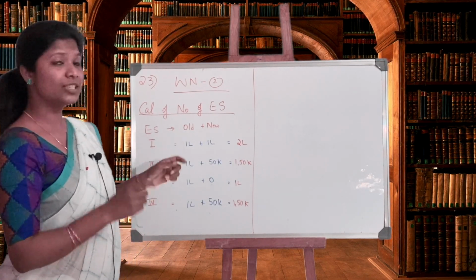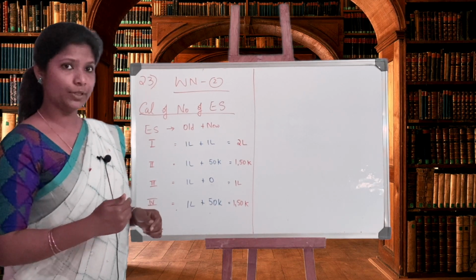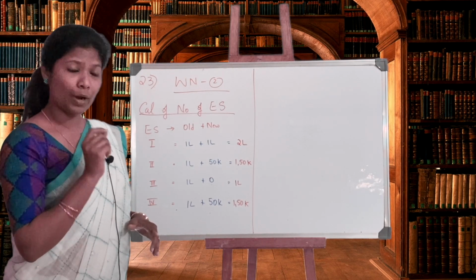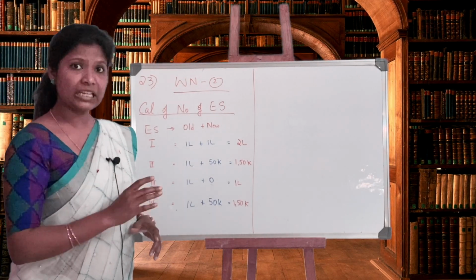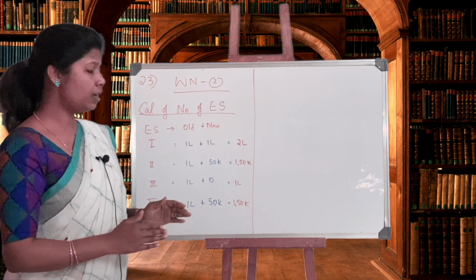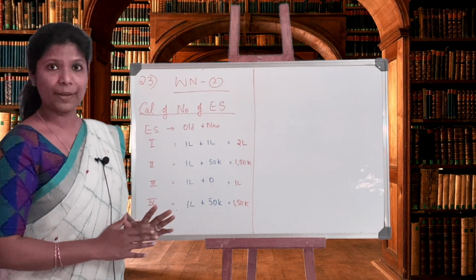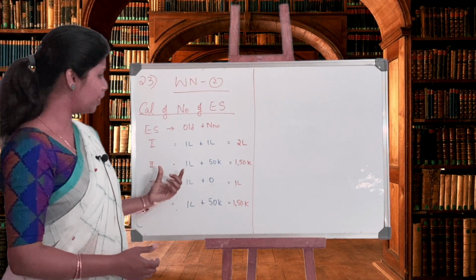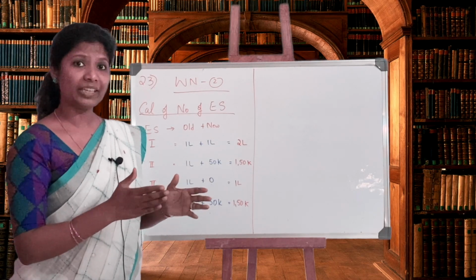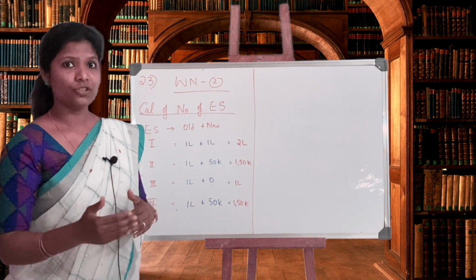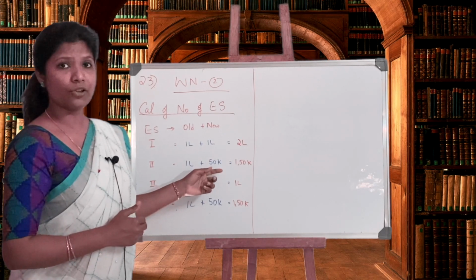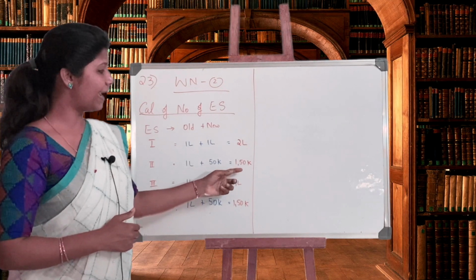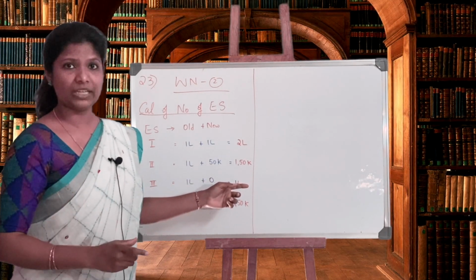Plan 2, so this 1 lakh of existing capital will remain common for all the 4 plans. Is that clear? The 1 lakh equity shares that is existing in the company will remain common for all the 4 different kinds of plan. Only under the new capital it will change according to the plan. So under plan 2, you remember it is a combination of equity as well as a debenture. So therefore, it is 50,000 for the second plan. So total it up, I have 1,50,000 equity shares.